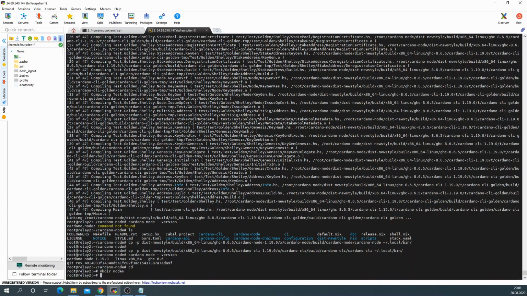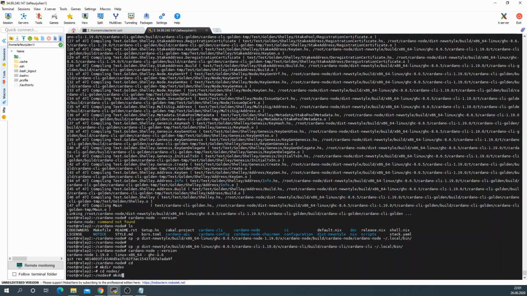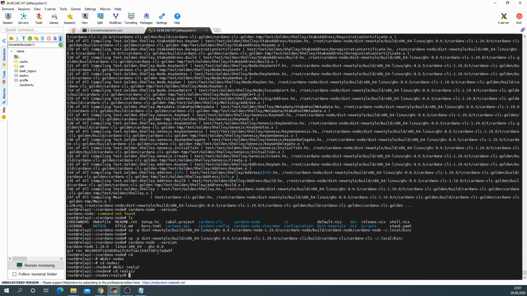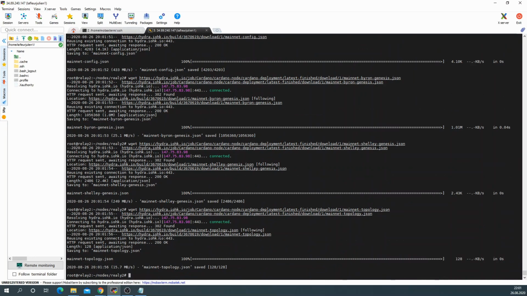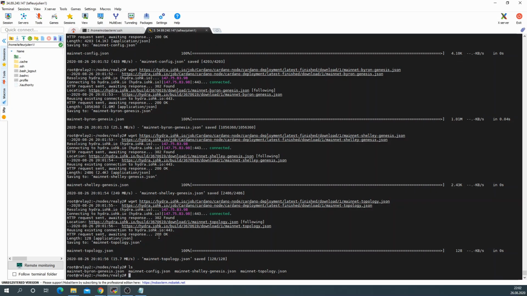Since I'm used to run all nodes on one server in the test phase, I still have this directory structure in my mind, although I don't run multiple nodes on one host. So I've created nodes, and I'm gonna make a folder relay 1, relay 2, here and copy all files there. So let's check. We have all files here,